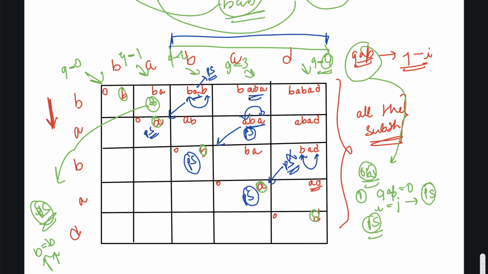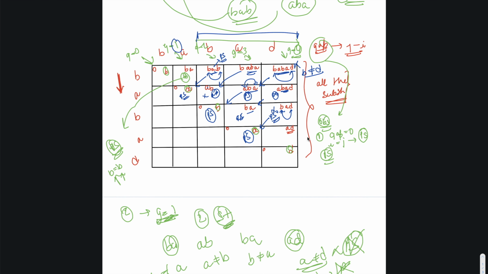Similarly, in this case, first here A and B are not palindromic substring. Okay, this is for gap is equal to 1. We have discussed that when the gap is 1, we have only two characters. They should be same. Similarly, BA is not a palindromic substring. For over here, ABA is a palindromic substring. But B is not equal to D. So this is not a palindromic substring. Okay. So this was the explanation part.